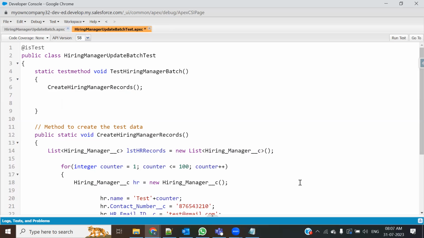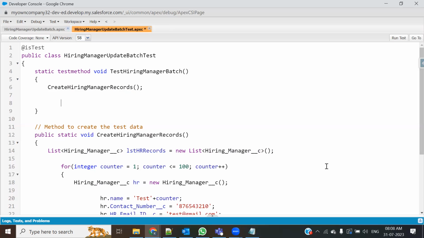Any asynchronous quantity, such as a batch class, or future method, or schedulable interface, schedulable classes, or queueable, and later on you are going to learn APIs, web services, application program interfaces, web service class. For all of these that execute asynchronously, all of them, right? The names which I have taken right now, like batch program, schedulable program, queueable interface, future method, and your web service, all 5 of them. For all 5 of them, if you are writing a test class, because all of them are asynchronous quantities, whenever you are writing a test class for an asynchronous quantity,